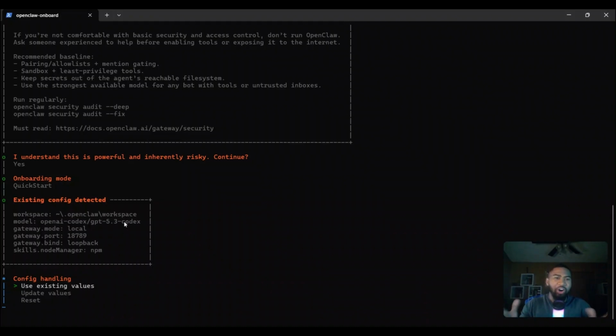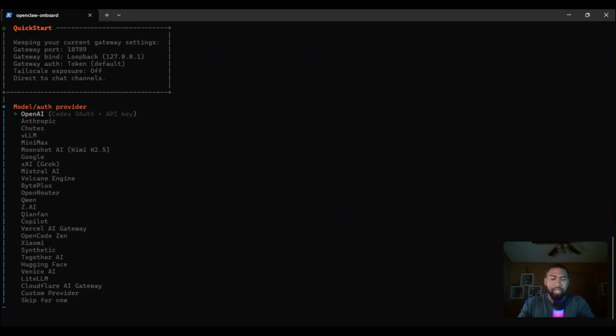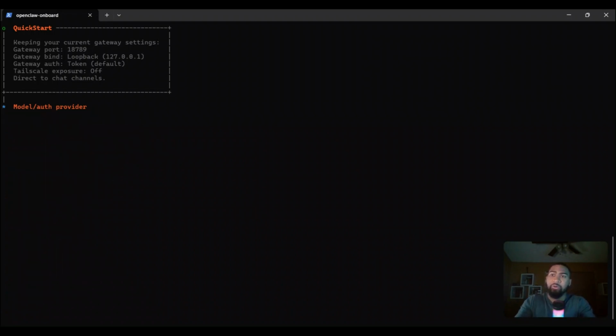But anyways, OpenClaw can also be that thing. OpenClaw can also code. OpenClaw can also give solutions to code. So anyways, I'm going to use the existing values I have here. And we have OpenAI, Anthropic for various kinds of models you can set up. We're going to use OpenAI today, and it's going to ask for the